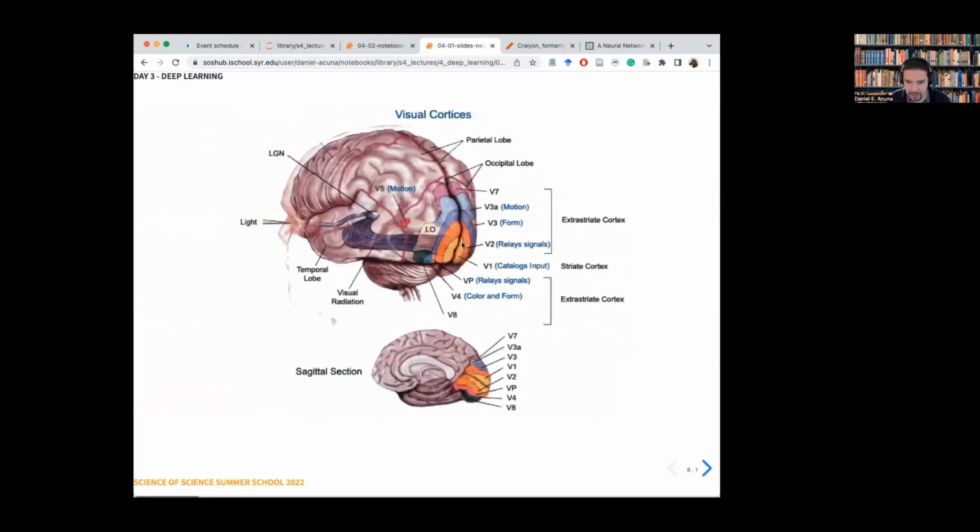What's happening is that these basic features are combined and sent onto the next area of your brain, and that combines again, and so on and so forth. So there is this hierarchical structure where small features are combined, creating more complex features. That's what we're trying to reproduce with neural networks. How can we take raw features that don't have a lot of meaning in themselves and combine them so that we can make classification or regression more powerful?